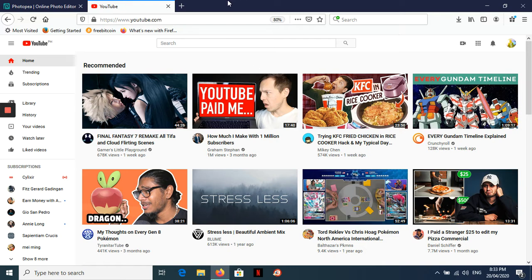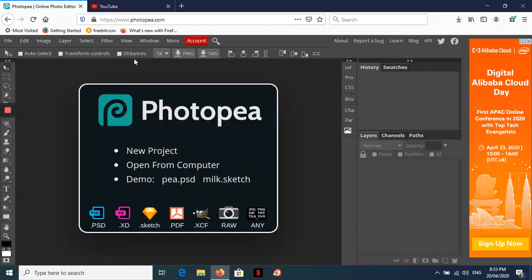So the first thing that you would need to do is to open the software that you're going to use to create your image. Now, I do not have any Adobe product on this particular laptop of mine. So what we're going to do is we're going to do this for free. Everything that we're going to do right now is for free. So we are just going to go to this website right here,